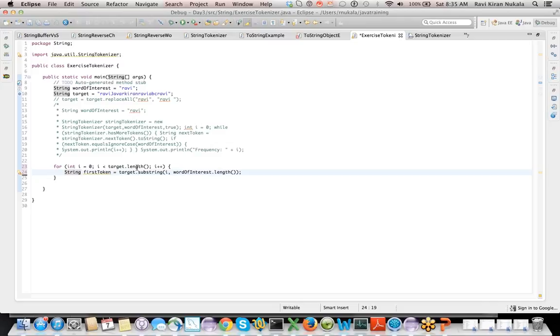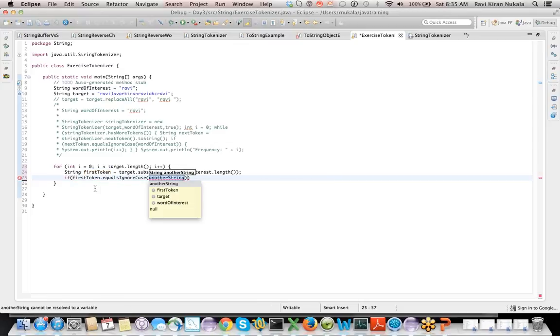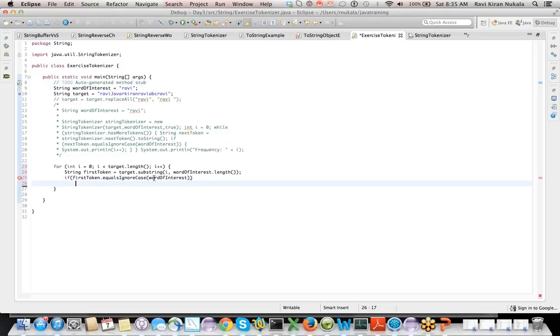If you have a different word, then what you will do is check if that first token that you got is equal to the word of interest or not. If yes, you're going to bump up the counter, int counter.